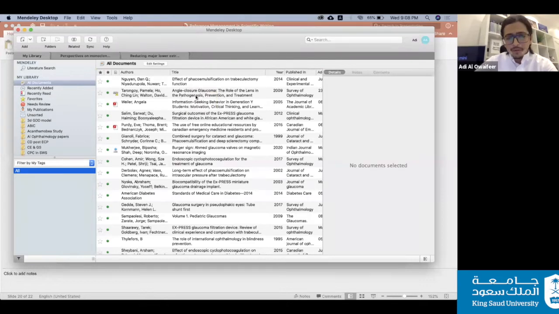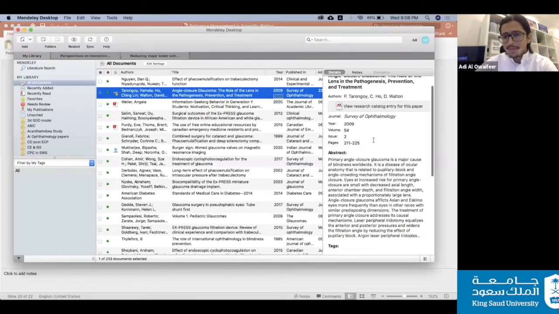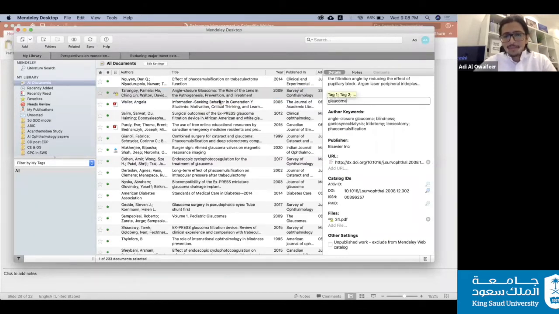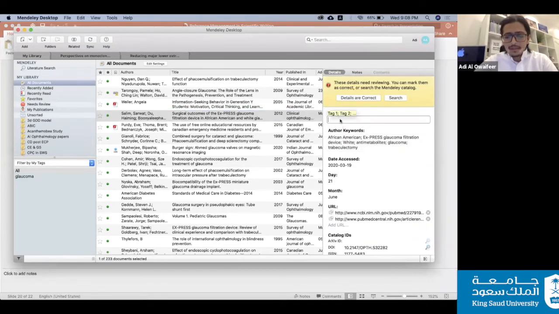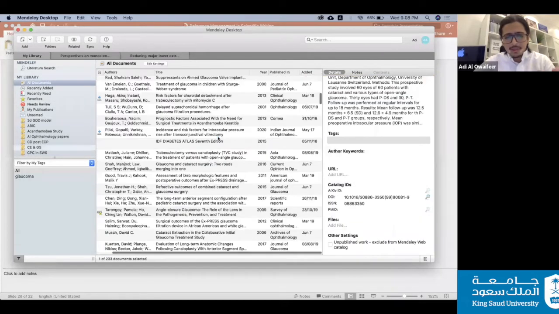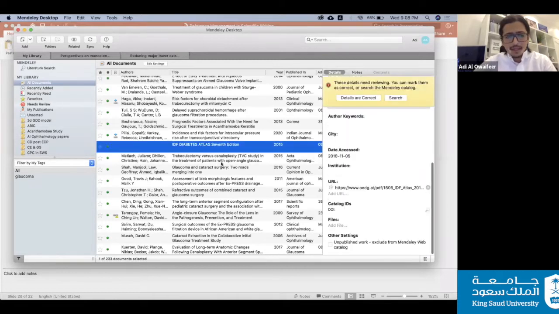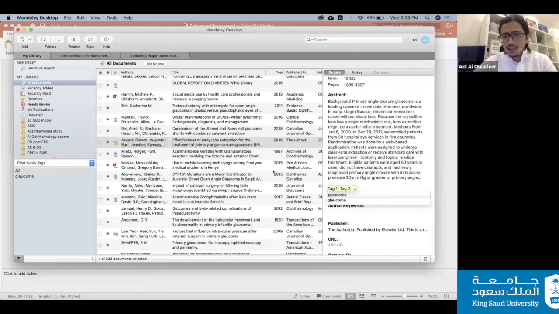So I'm swiftly going through all my articles, and whenever I find an article that is related to glaucoma, I go to the tags section over here and I add glaucoma. Okay, so this is another article about glaucoma, tags glaucoma. And this allows you to build articles pertaining to a specific topic over time. So whenever you find an article related to this topic and you give it that tag,